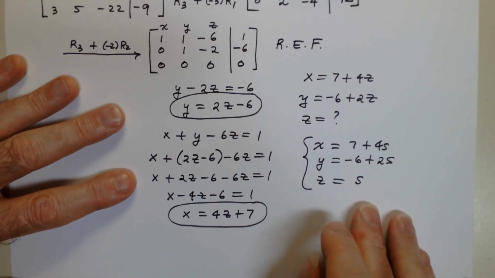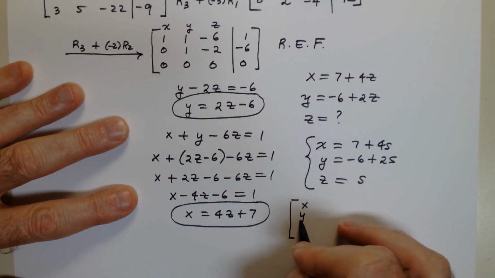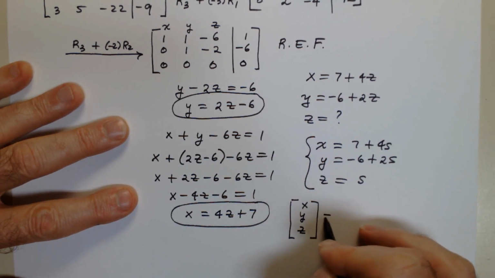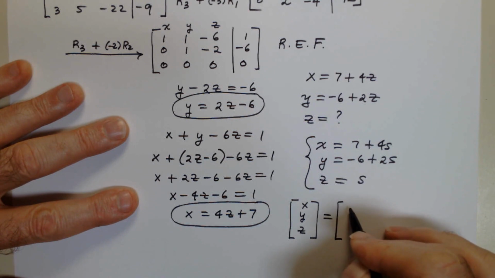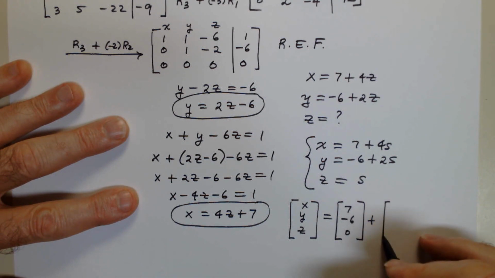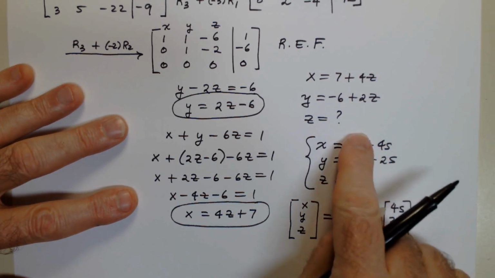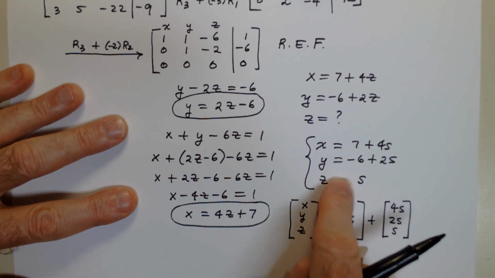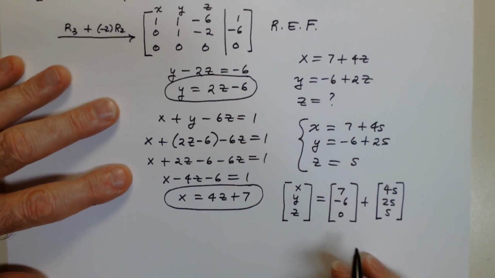Okay, now this actually looks better if I think of it in vector form, because I can write this as a sum of 2 vectors. So what I'm doing is I'm separating out the parts that are just constants. So 7, -6, and an implied 0 here. And then a 4s, a 2s, and an s. And then I'm going to scale the s out. I'm going to take the s out here. And I'll write the final answer as